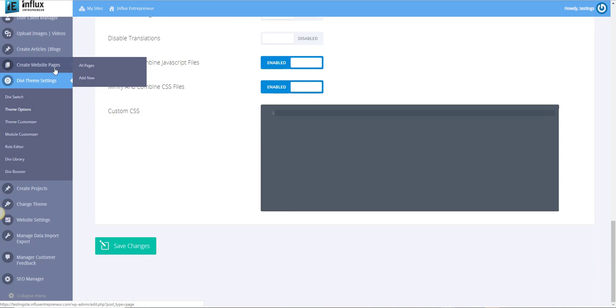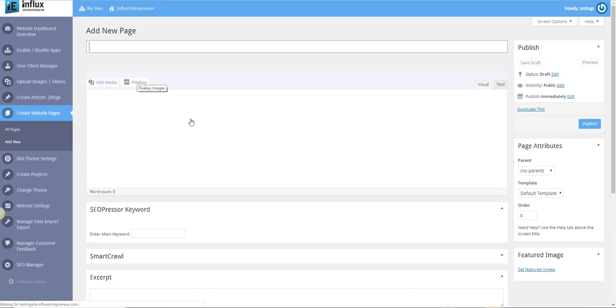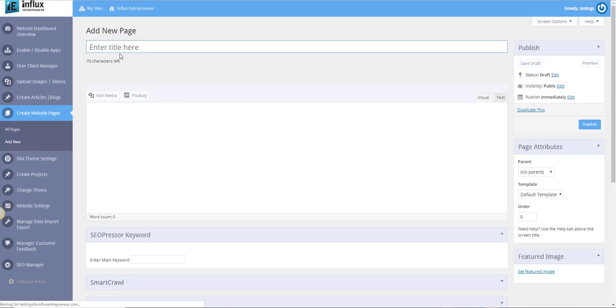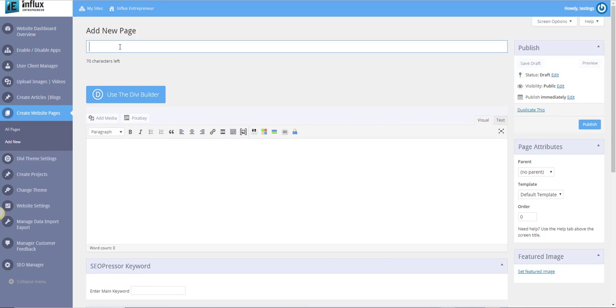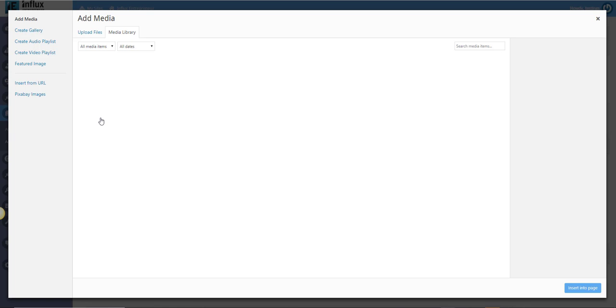Now next step is we're going to create a page, so go to create website pages and then click add new. So I'm just going to title this photo gallery, and then you're going to click on the button that says add media,